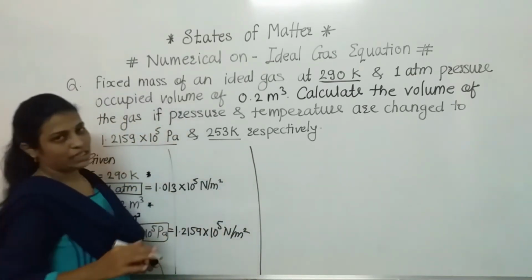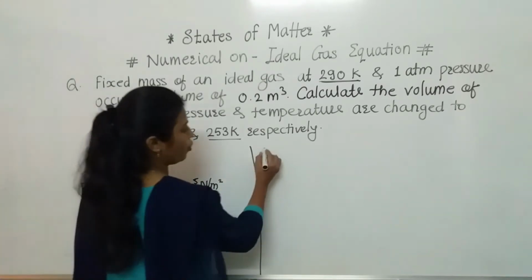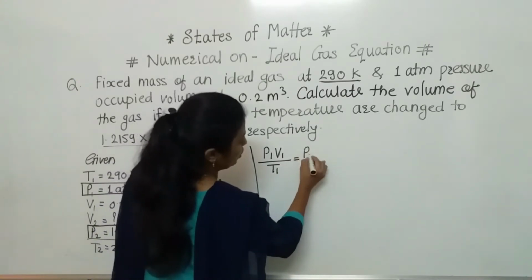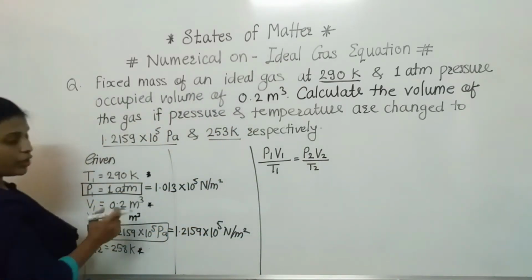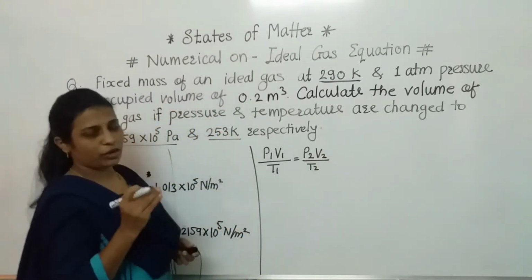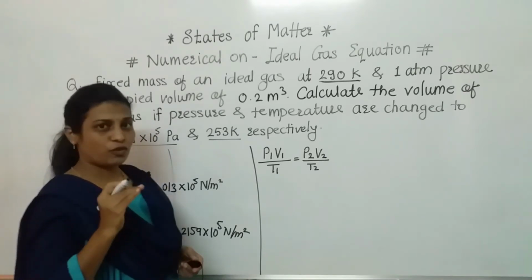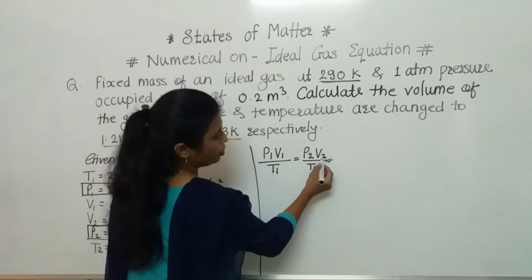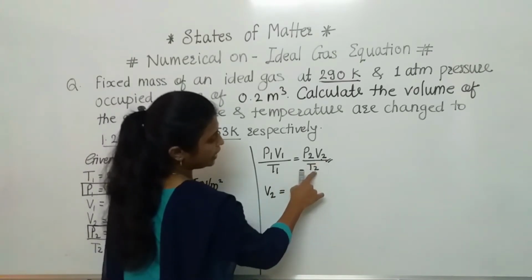Now you can say that yes, we have to use our formula, put all these values and do simple calculations. So the formula is P1V1 upon T1 is equal to P2V2 upon T2. What we have to find out is V2. So we are going to modify this equation. I am thinking about the slow learners when I am teaching, so for them also we are discussing here. So listen carefully. From that we have to make an equation related to V2. For that purpose, T2 is divided.